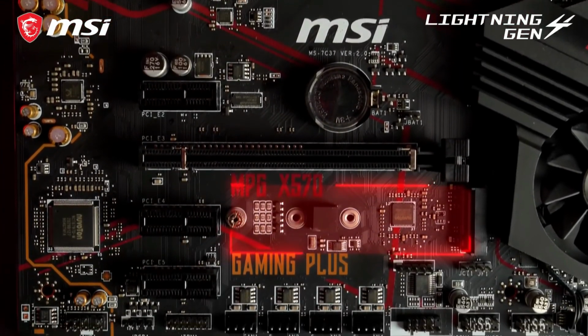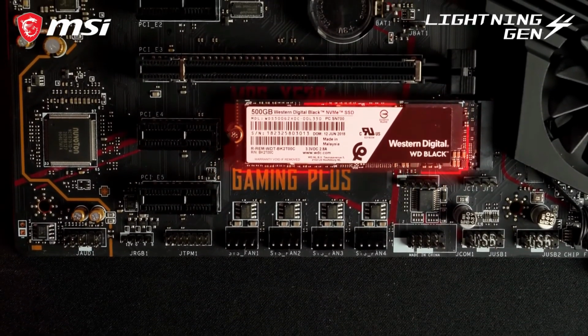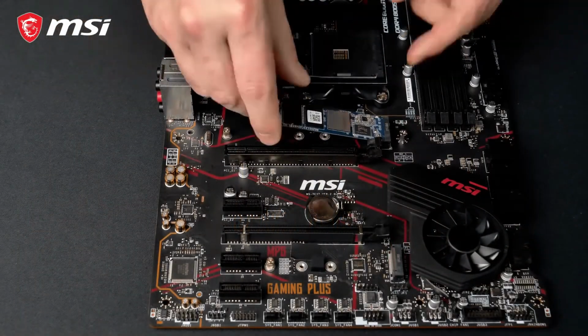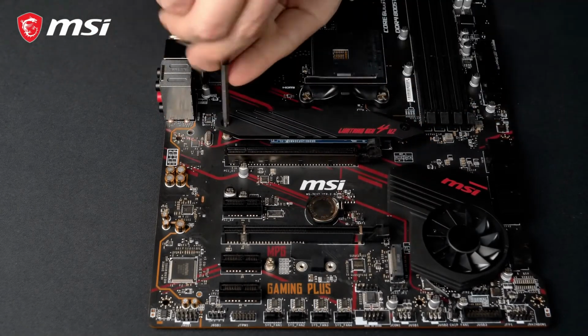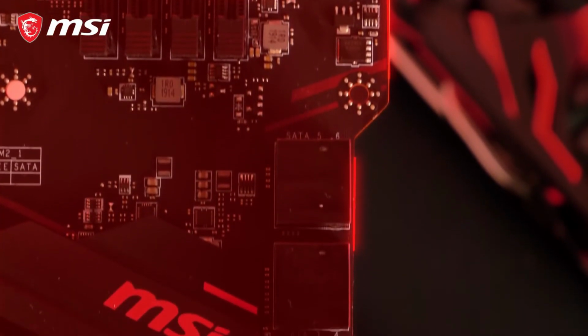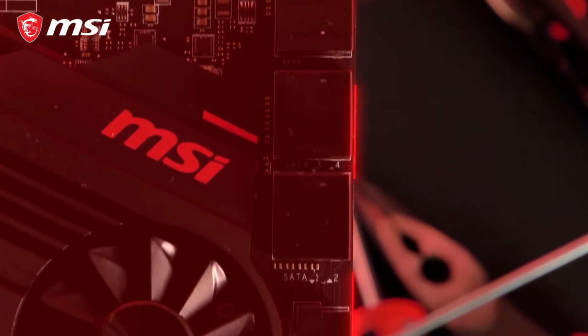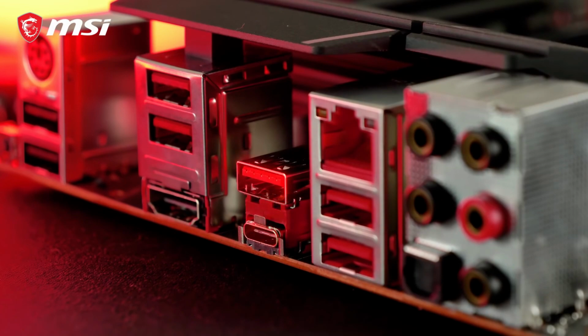The primary slot even offers transfer speeds up to 64 gigabit per second by utilizing the PCI Express Gen 4 interface. In the box you can also find an M.2 shield Frozr for both cooling and protection. Because of its atypical PCB design, the MPG X570 Gaming Plus offers easy access to the SATA ports and front USB header. The motherboard also features USB 3.2 Gen 2 Type A and Type C, with transfer speeds up to